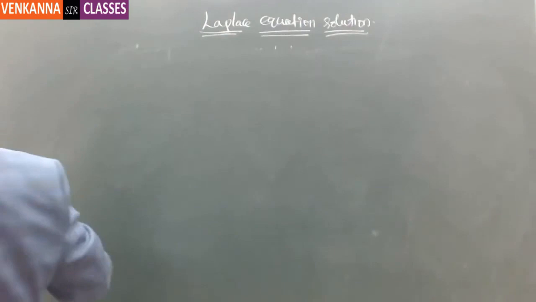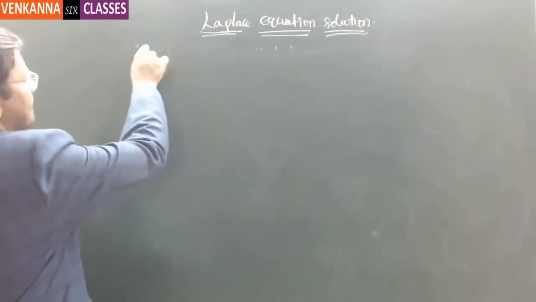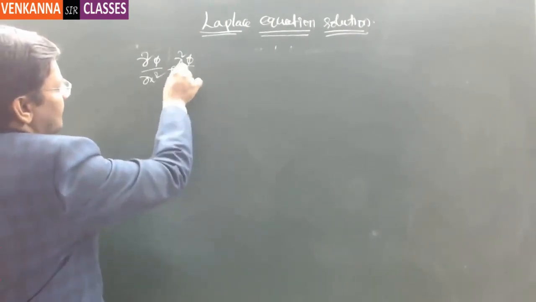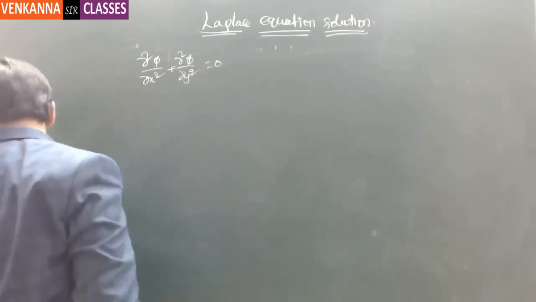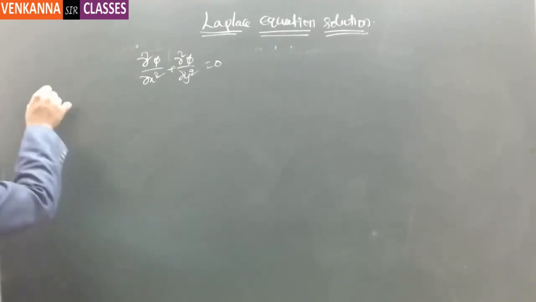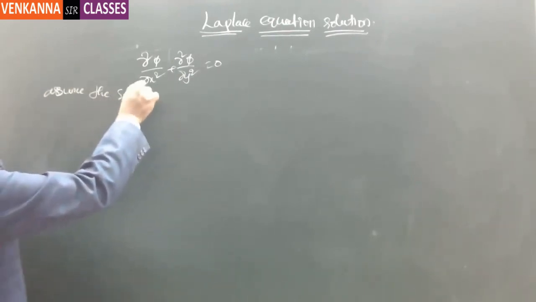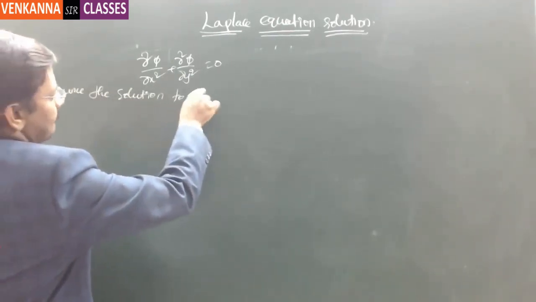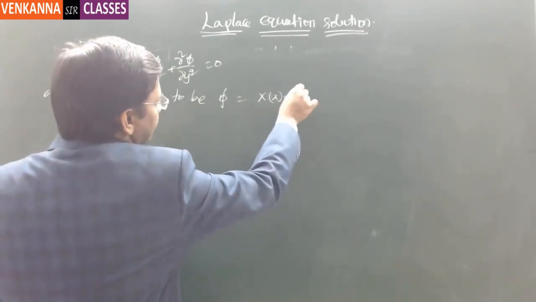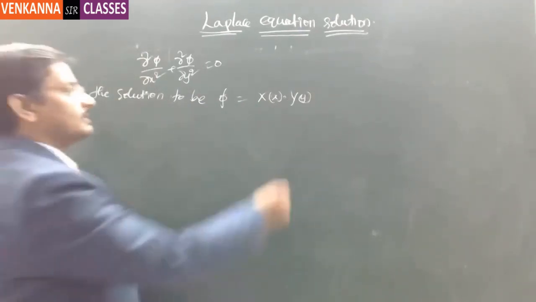Now, if you find out the solution of the Laplace equation, that is dou square phi by dou x square plus dou square phi by dou y square equal to 0. So this is the Laplace equation which we are going to solve. Now if you want to solve this equation, then assume the solution to be phi is X of x and Y of y. So it is a product of two different functions, one completely a function of x